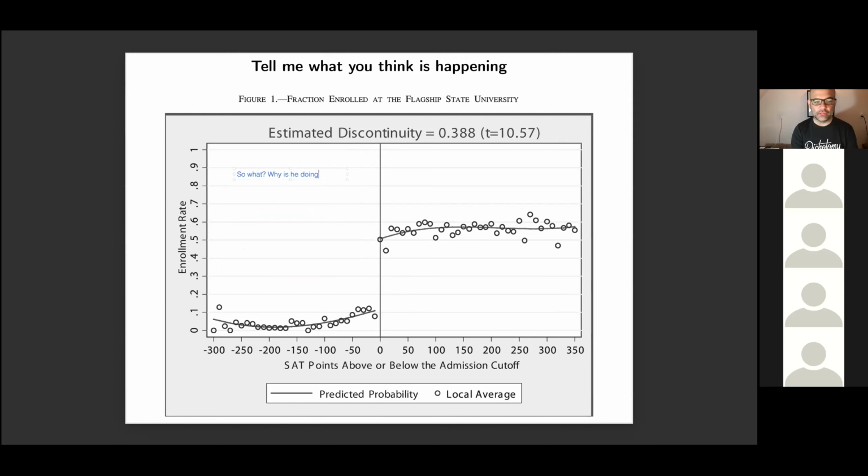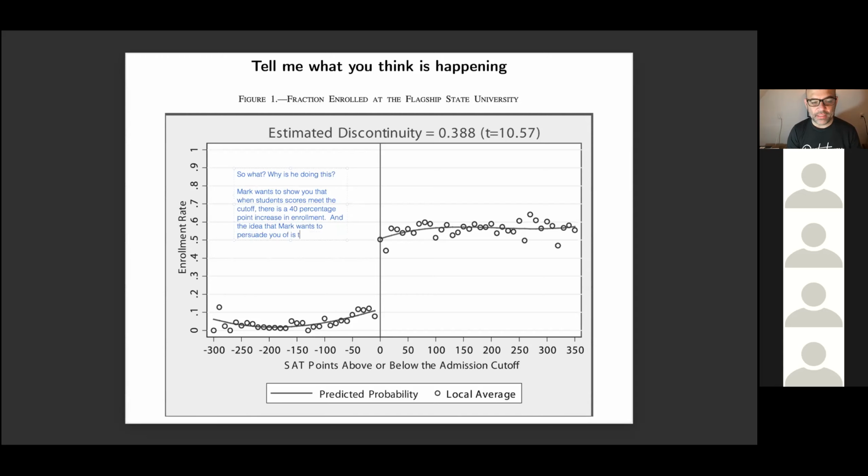Why is he doing this? Mark wants to show you that when students' scores meet the cutoff, there is a 40 percentage point increase in enrollment. And the idea that Mark wants to persuade you of,